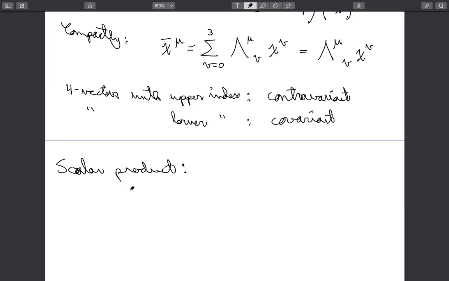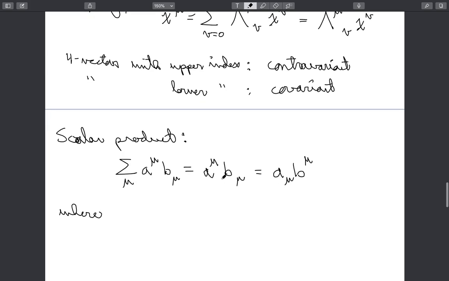I will say that the summation over mu of A mu B mu, so that's again written as A mu B mu, and of course it's going to be equal to also just going up and down with the indices on the pairs here,